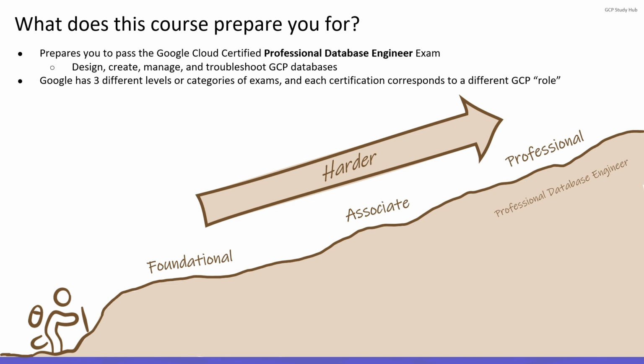You have the foundational level, the associate level, and finally the professional level, which is the hardest tier of exams that GCP offers. So, because this is a professional level exam, it requires a solid amount of preparation. However, it is still achievable even without prior hands-on cloud experience, provided you study with the right materials and understand